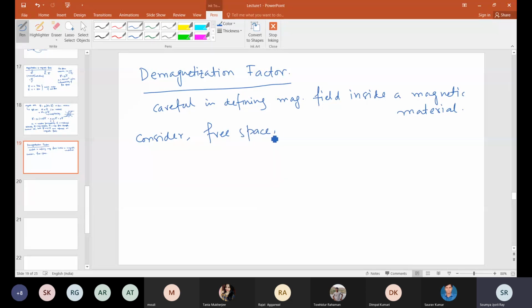If it is a free space, then we have these two quantities, BA and HA. These are basically applied magnetic fields. As we know, we can relate these two through this relation: BA equals mu naught times HA.